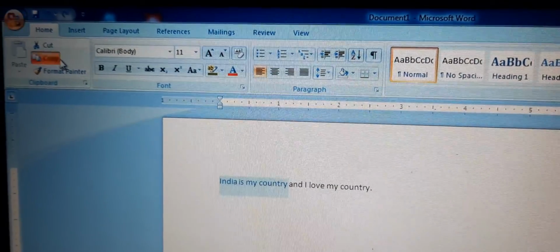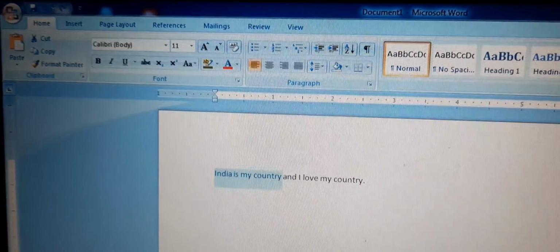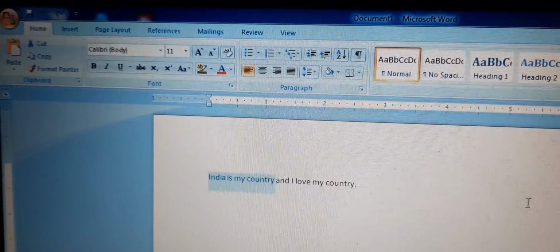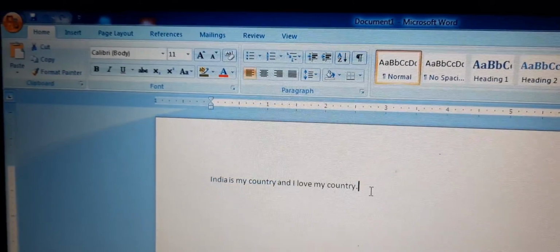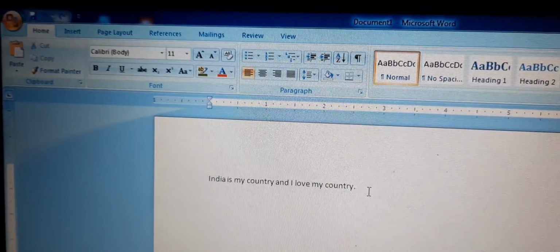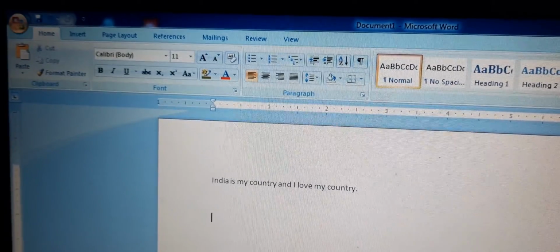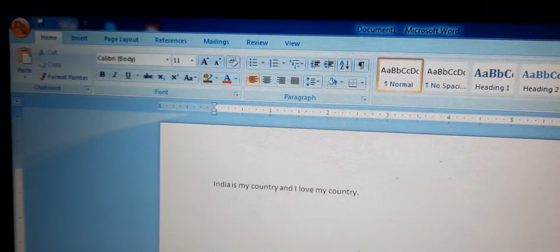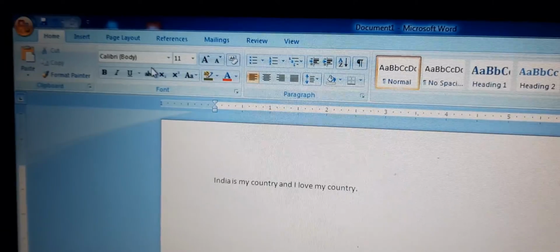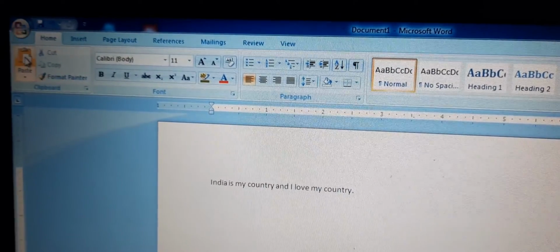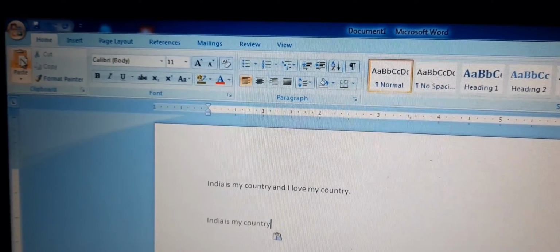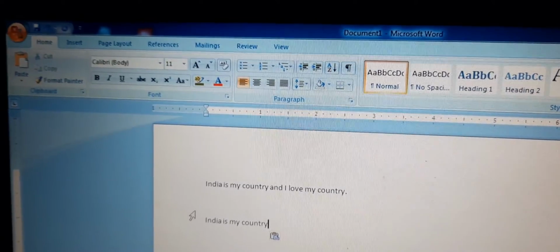You will click Copy here, and suppose you want to type somewhere else, we will click here, press the Enter key to go to the next line, and here you want to paste it. So you will go to the Paste option and it will be pasted.